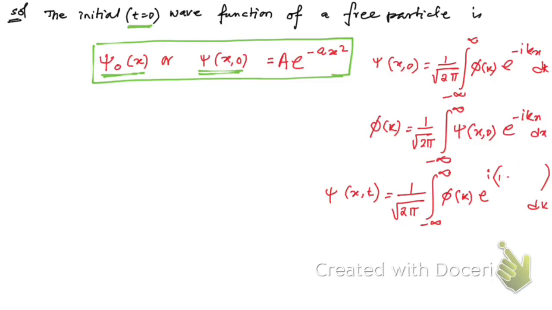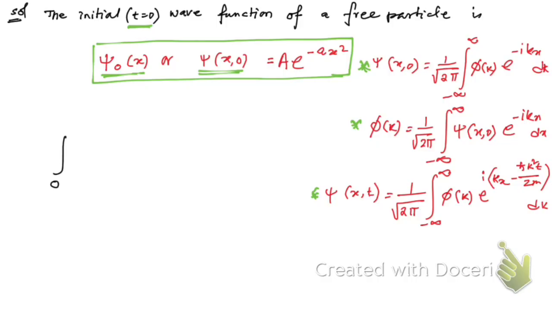Just let me write here kx minus h cut k square into t by twice m. Okay, so hope you know this formula. If you don't know, then please note the formula first. Okay, so we must know all these three. Okay, very important formulas. And also you should know this result,